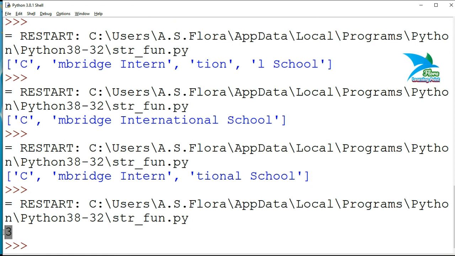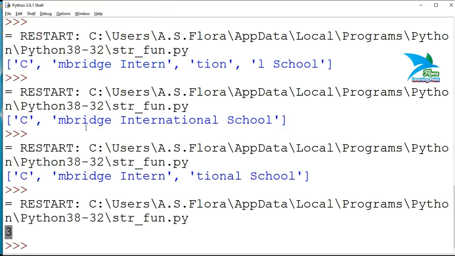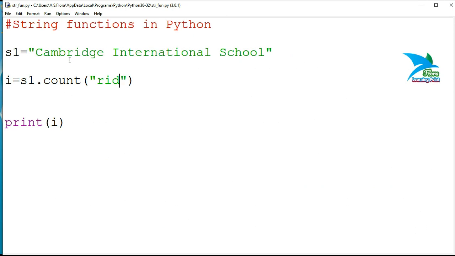So the result will be 3. Next, you can also search a particular substring. For example, I want to search for "read". Then it will return 1, because this substring is available only once in the string. So that is the use of this count function.